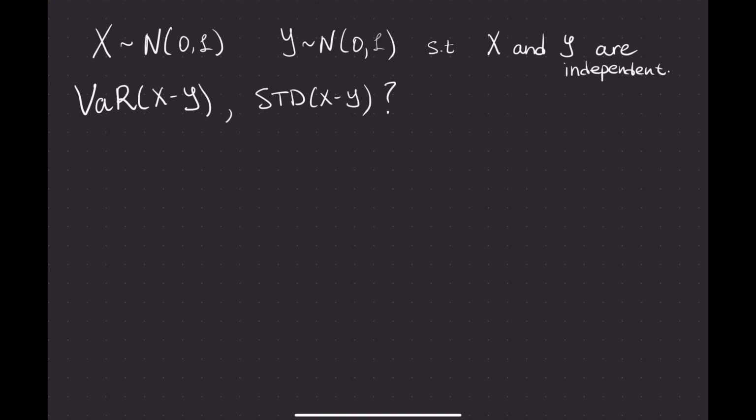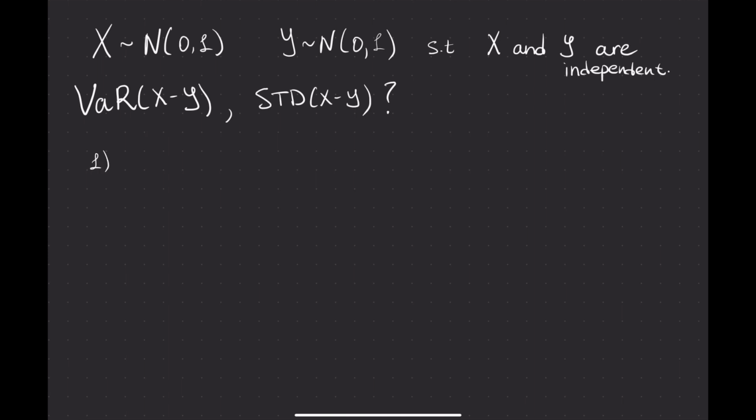Suppose that x and y are independent random variables, each standard normally distributed. The question is, what are the variance and the standard deviation of the difference of random variables? In other words, what are the variance of x minus y and the standard deviation of x minus y? The confusion here arises from the fact that we do not directly know the formula for the variance of the difference, but